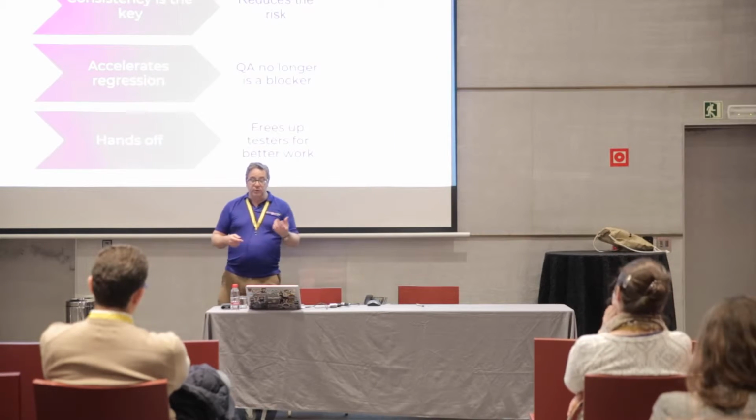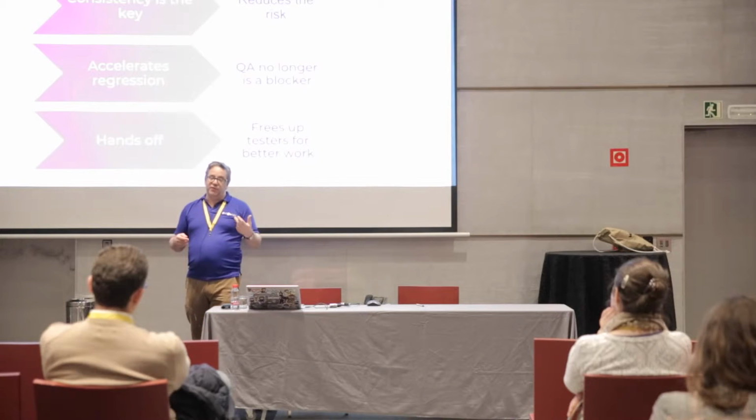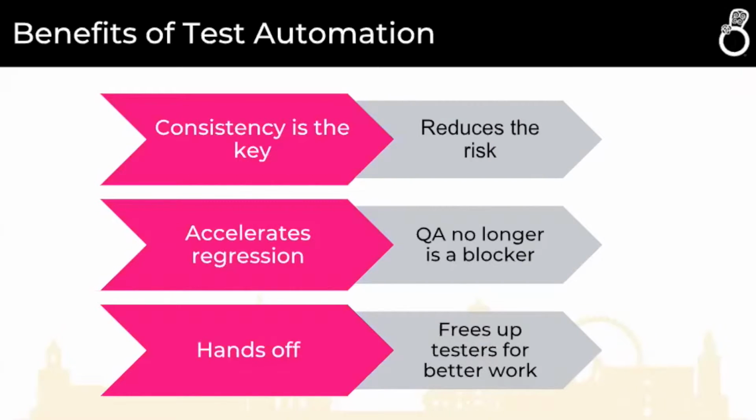So if you can do test automation, you need to think about the benefits you're going to get from that. One of the biggest benefits is consistency. If you have a set of tests you've scripted or recorded, you're going to get consistency. You're testing the same things every time because you press a button and wait for the results. And that's reducing the risk of your deployments. It's also going to accelerate that regression time. So we're no longer having our QA person in our sprints spending lots of time doing regression testing. They can focus on more meaningful testing, so that QA person is no longer a blocker. And because you've made that hands-off for that QA resource, they can spend more time on much more meaningful pieces